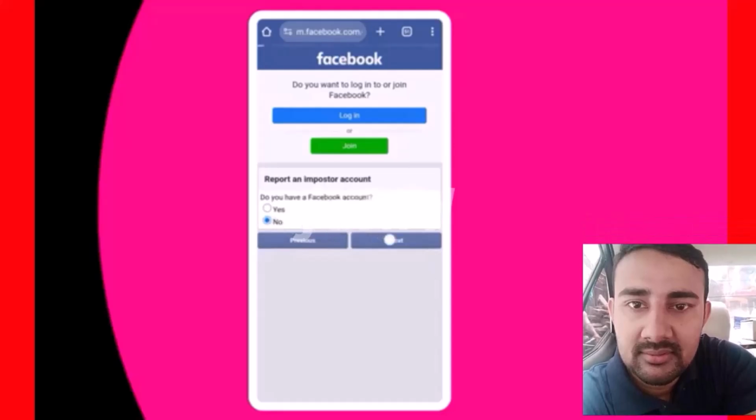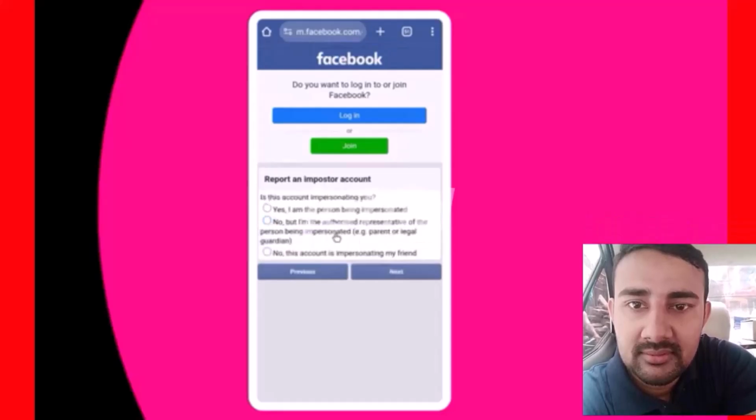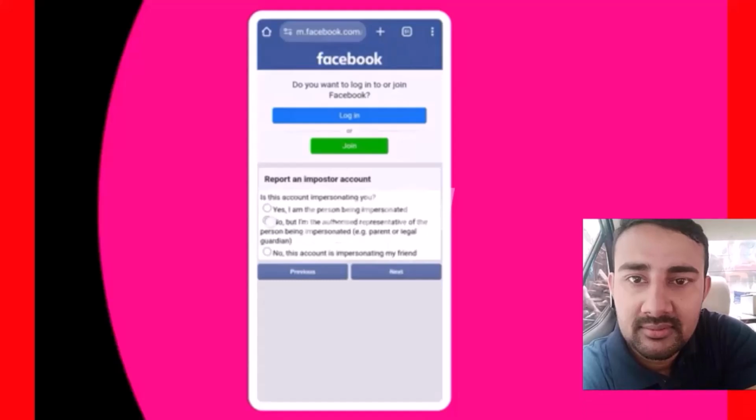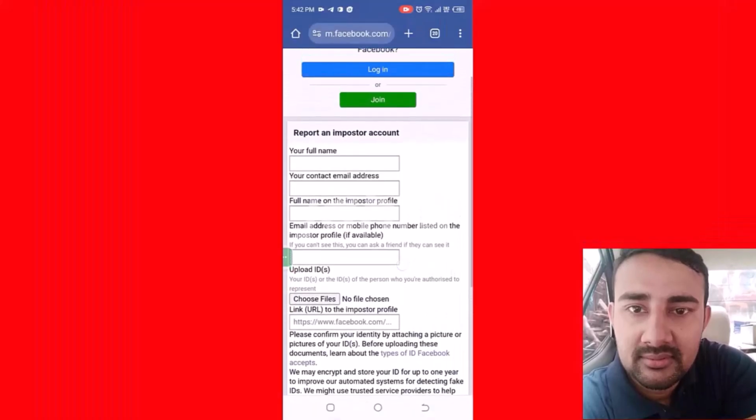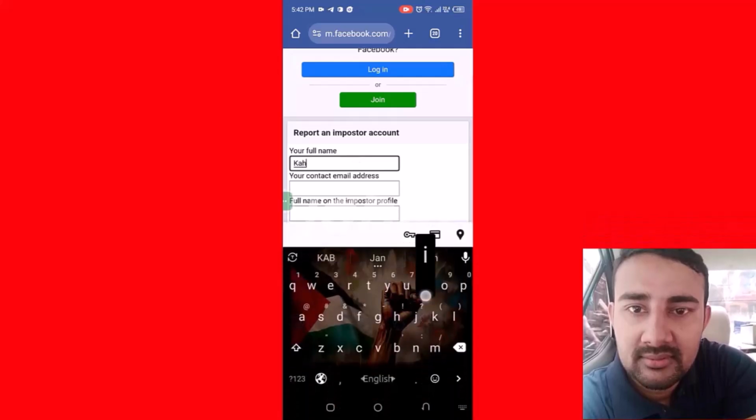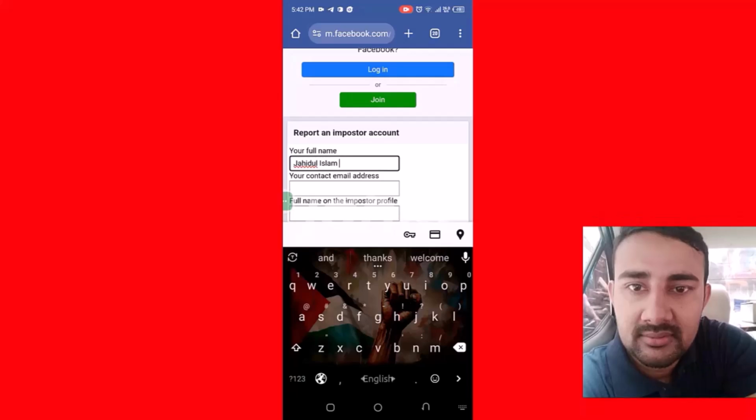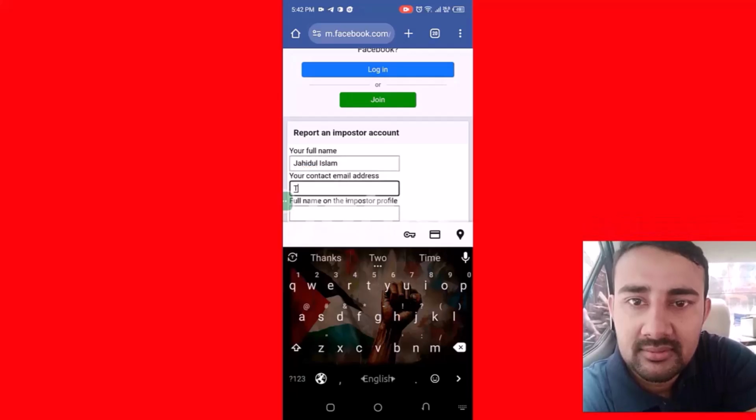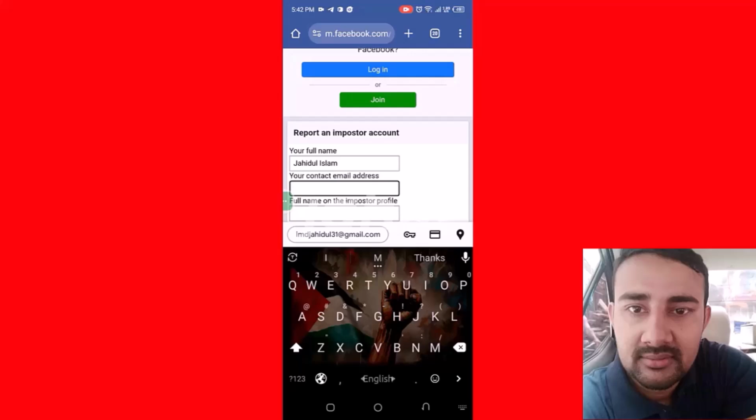From this interface I select number 2, and next I get an interface, a form. From there I have to fill up that form with all my documents in detail. I will write my full name, and here it is written contact email. Here I will put my contact email, and my profile name,